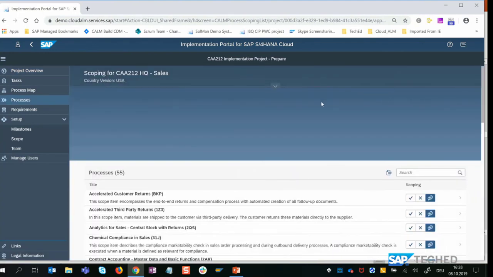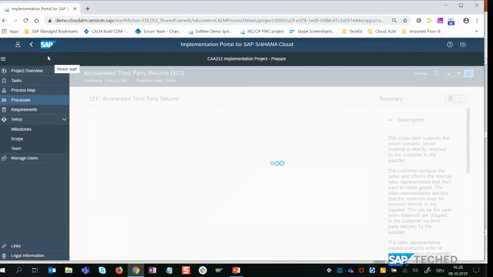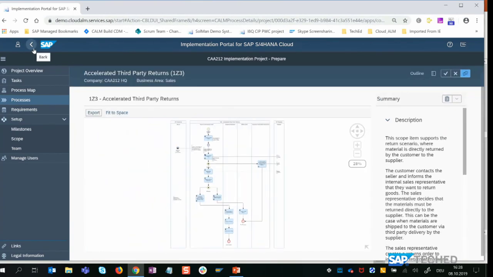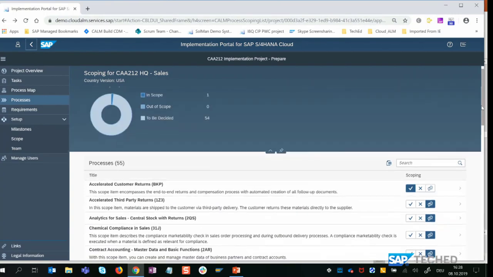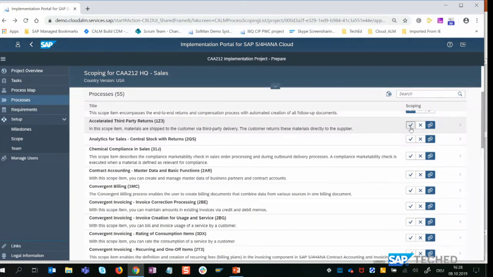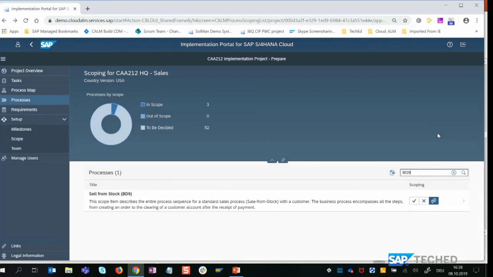And then you see here pre-selected all the best practice sales processes. You can select the ones which are in scope, take a deeper look into the details if you want to. And you can also search for a specific process if you want to.